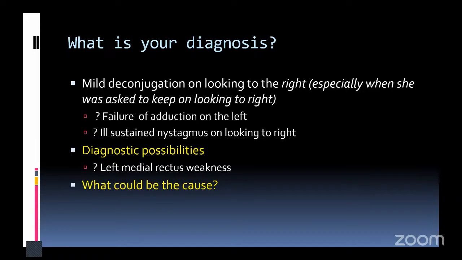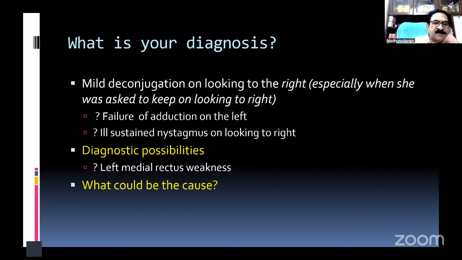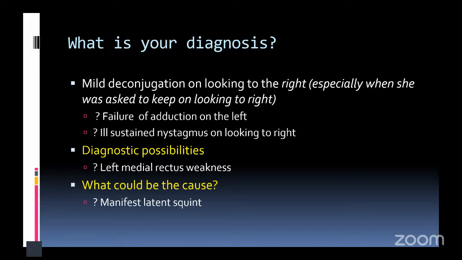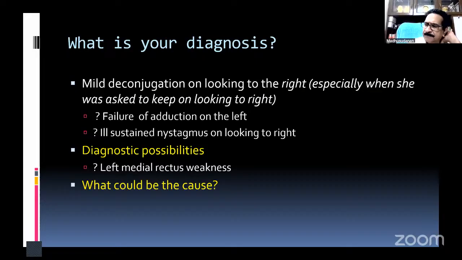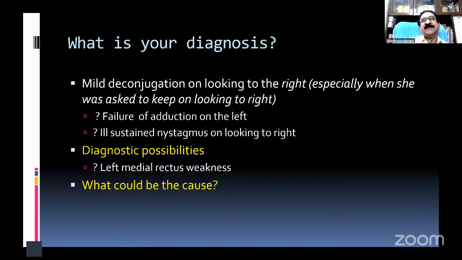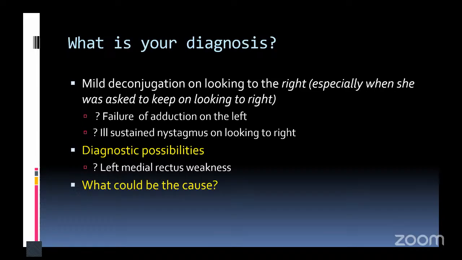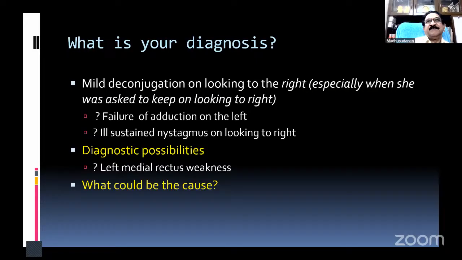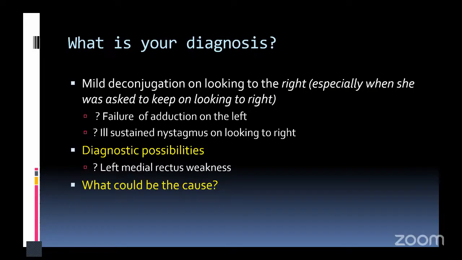Rule out myasthenia. Right, myasthenia. That's it. The first thing you have to rule out is myasthenia, especially when the patient gets it on looking to the right side. One doubt, sir. Yeah, please. Sir, here adduction is not maintained, so it could be a possibility of UMN also, like an INO. No, INO is possible. INO, again, fatigability. Adduction lag is there, sir. Still, INO can be considered. Yeah, it can be considered.